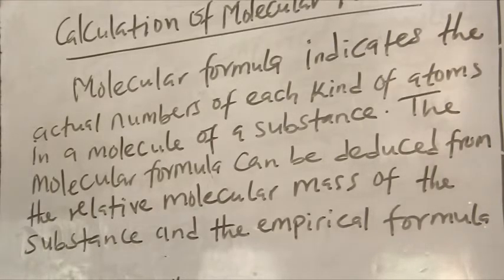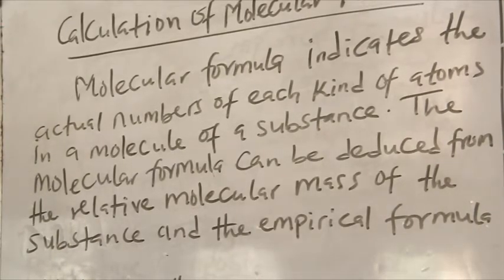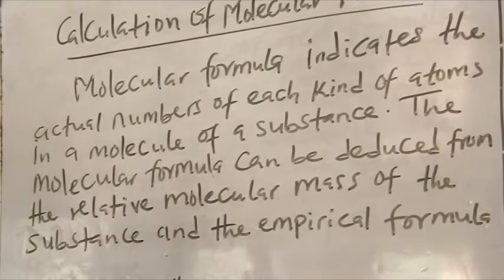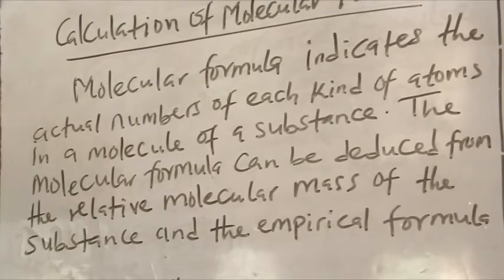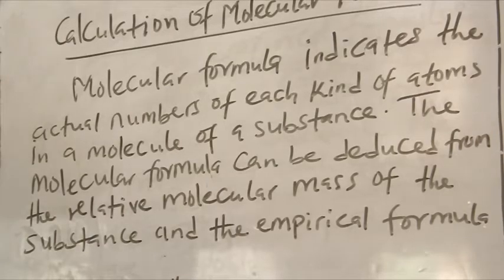Empirical formula only shows the kind of element present in the compound. But here, the actual number of each kind of atoms will be shown by the calculation of molecular formula. You can obtain it by considering the relative molecular mass of the substance and the empirical formula